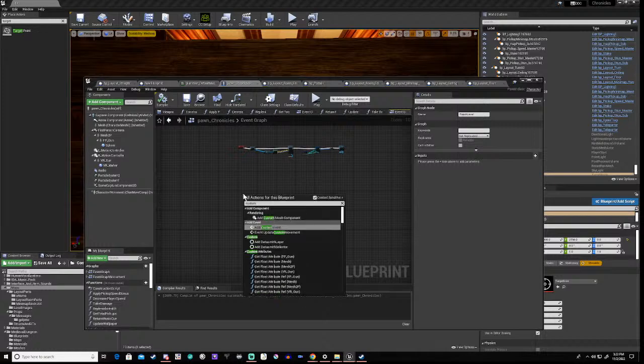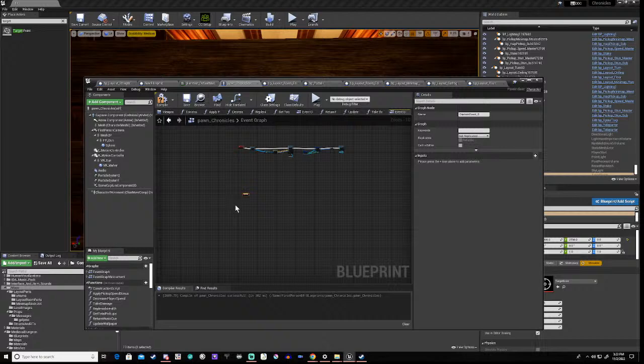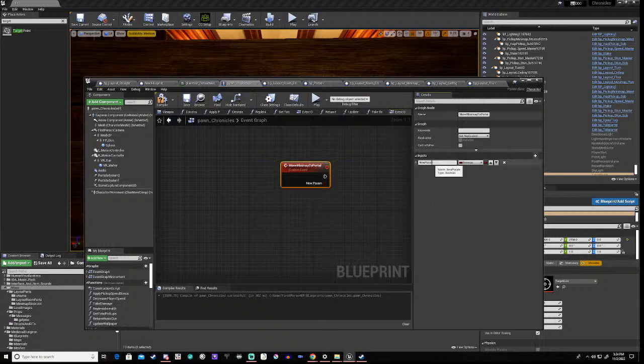So we're going to say custom event. We're going to add a custom event, and we're going to call it move minimap to portal, and we're going to have an input, and we're going to say position, and it's going to be a vector,